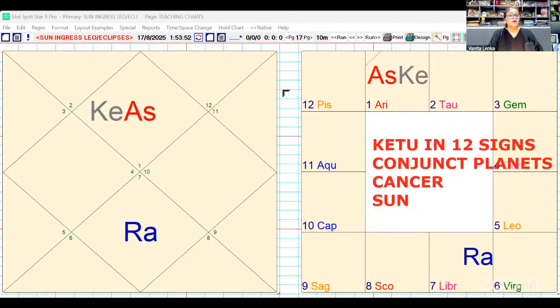So now with Ketu in Cancer with Sun will give you some kind of detachment from your homeland. You can settle overseas also. Generally, these people can,